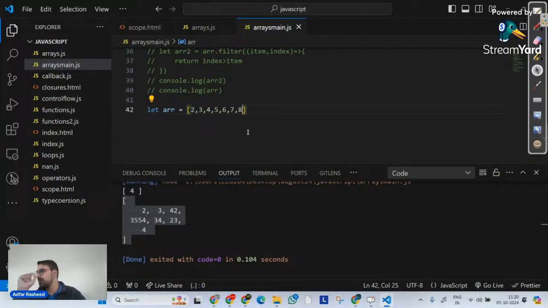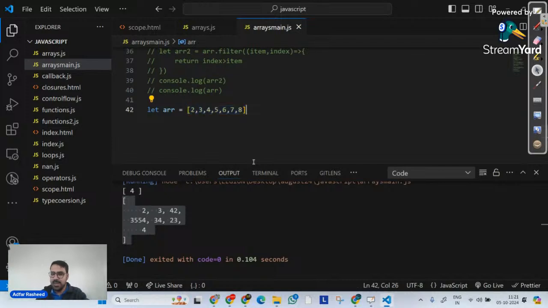What can be such requirements? Let's suppose I have an array and I simply want to see the addition of all those elements and return that. When we say return, I don't mean it returns an array. I simply want the result. Or I have an array and want the multiplication of all those numbers: 2 multiplied by 3, by 4, by 5, by 6, by 7, by 8. The result is going to be accumulated into a singular value. Whenever we talk about such arithmetic operations, we want to accumulate it to a single value. In that case, we have it like this.